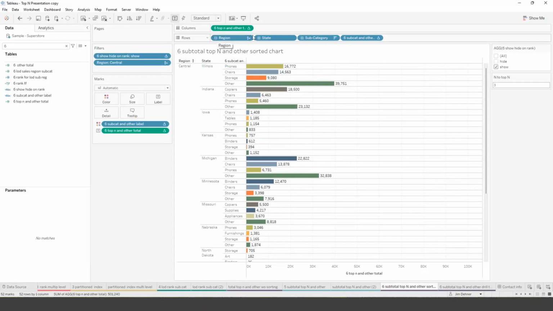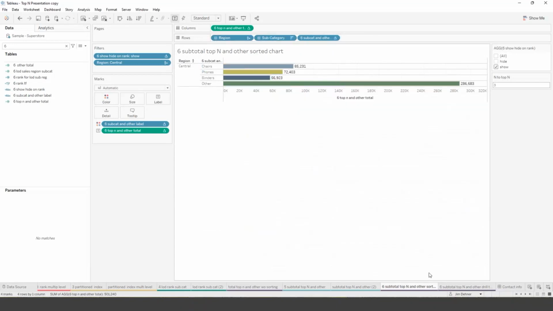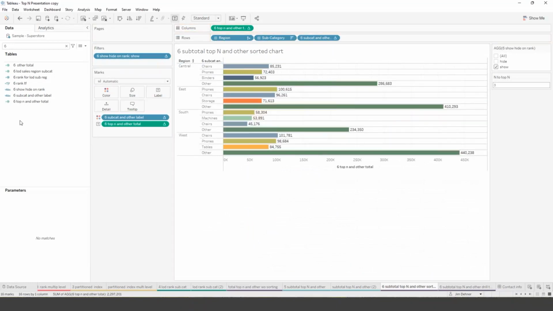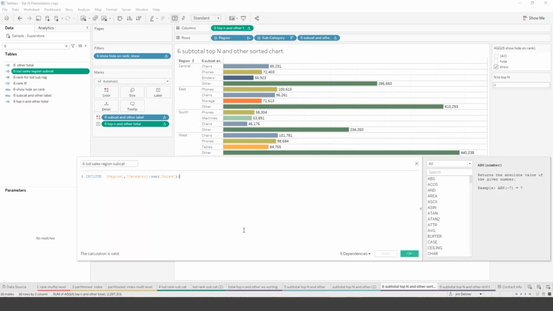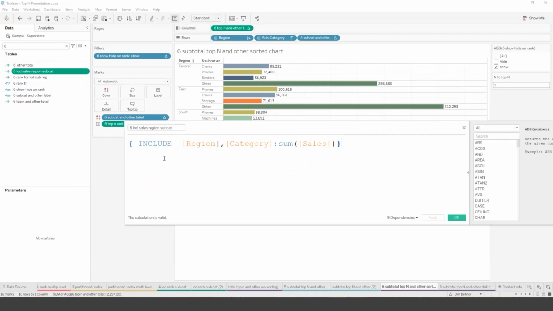And I'd like to be able to drill down even further than that. And we can. I'm not going to do it because it gets a little busy to see. But let's take a look at the calculations and how we pull that off, how these calculations work, because they're a little bit different than what we looked at before. We're going to start with the same sort of calculation. This is similar to the calculation that we were using for the LOD to calculate the sales at the region